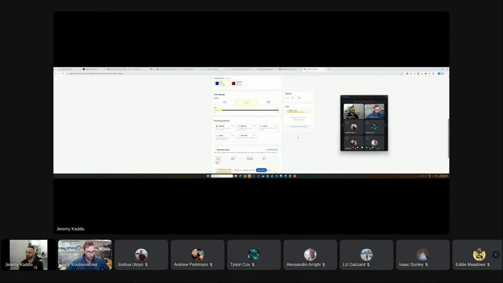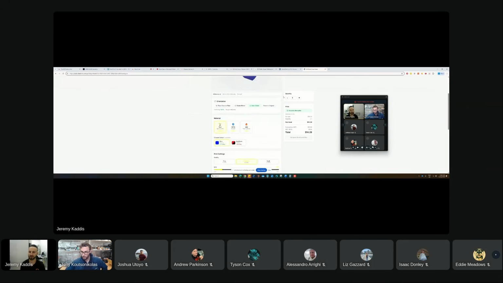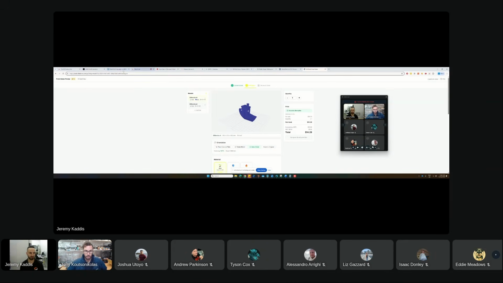People charge $300 a month for this. And yeah, it's available. You guys can use it, you guys can play around with it. It's calculator.filaform.com.au. You can make your own account and go through it all. Is that free for anyone to just go and make their account and play around with? I'll give it to everybody after the call. Awesome. You guys can all use it and play around with it.